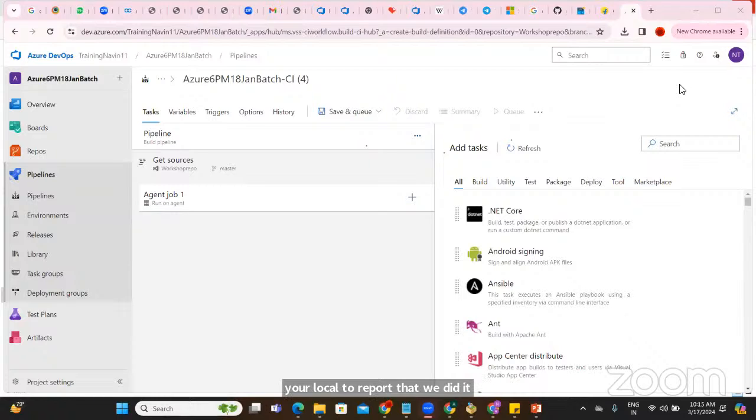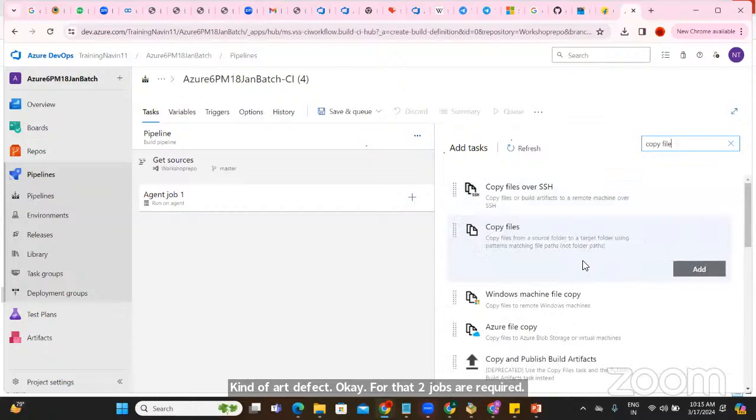Now, what is the next job? The next job is to create a build pipeline in which we copy our code from there to the staging area and make it an artifact. For that, two jobs are required. Copy file.